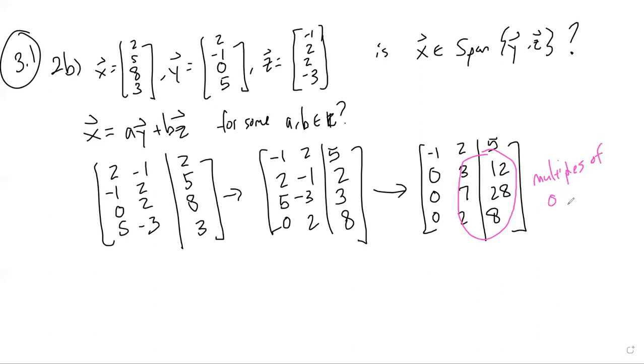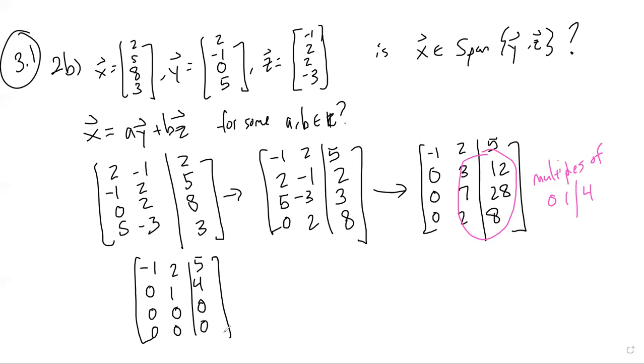I've included the 0, 1 with 4. So if we just reduce that, that would be the only thing left, and that could wipe out everything else. So negative 1, 2, 5, 0, 1, 4 if I divide that row by 3, and it's going to wipe out the other 2 rows. They don't all cancel with each other, and one of them has to be left over, but it's going to wipe out the other 2, and then we can just do a little bit more to reduce it a bit better. Negative 1, I'm going to subtract 2 of the second row, and then we get this,